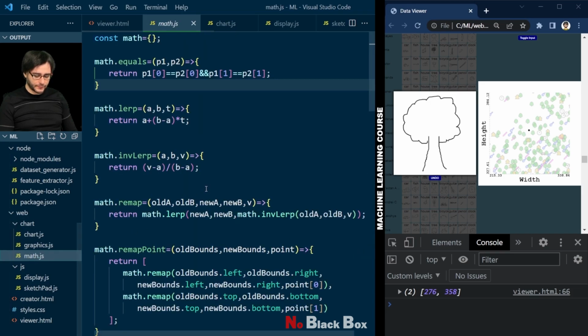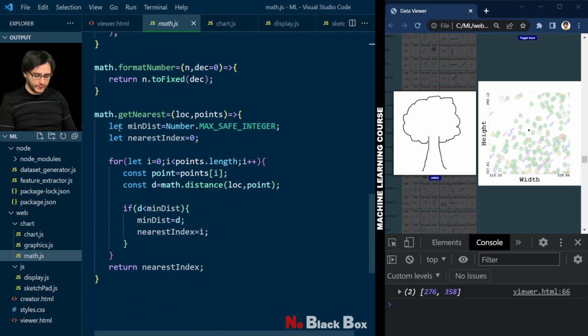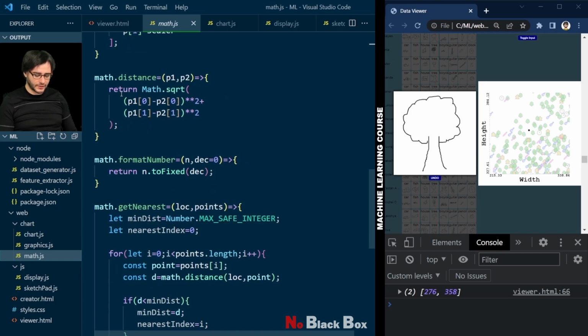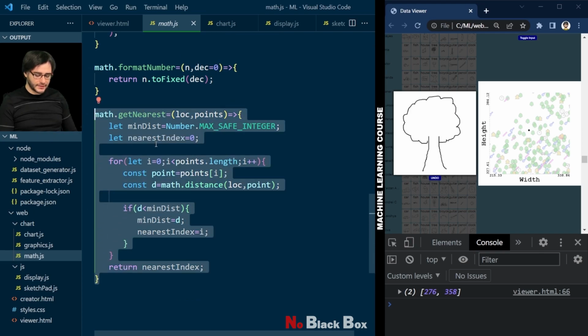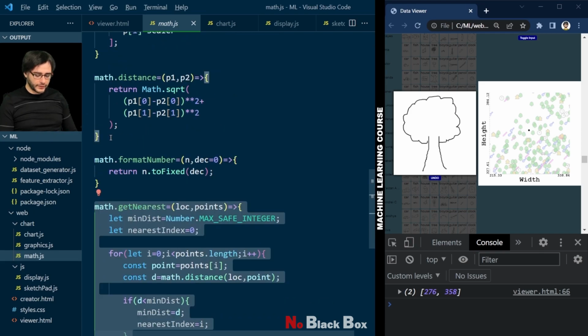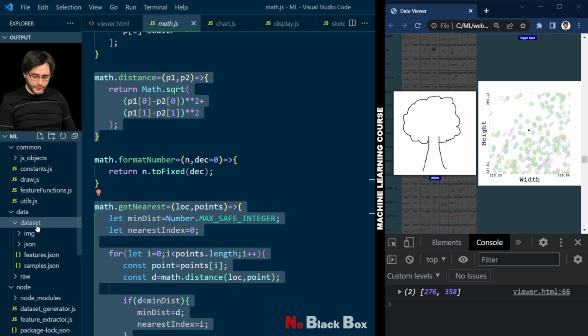In Math.js, we have here the getNearest, used to emphasize and select things on the chart. And it also uses this distance function, which is just the length of the hypotenuse in a triangle, using the Pythagorean theorem. So these are the two things that we need. And instead of making this code modular in a way that the chart and what we do next will use the same, I'm going to have a copy of it this time. It's because I want the chart to be its own component and have these functions here. So let's copy these in our utils